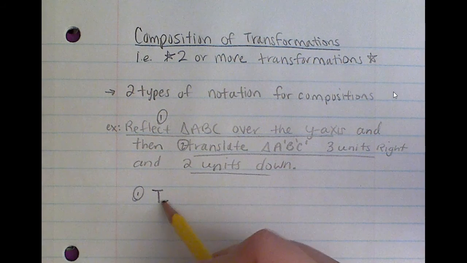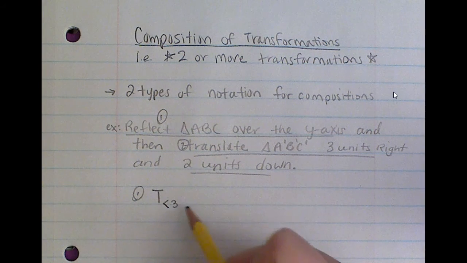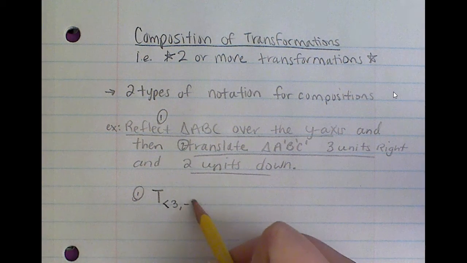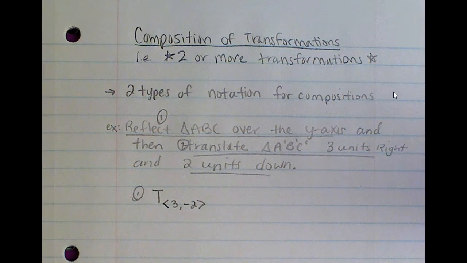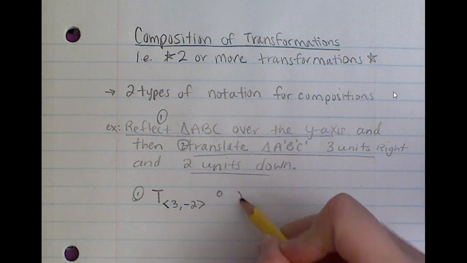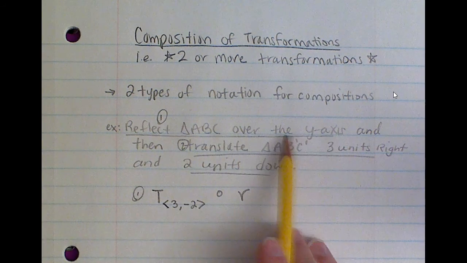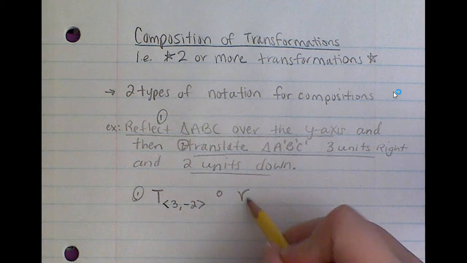I'm going to put my vector. 3 units right is a positive, 2 units down is a negative. So that's the last transformation I'm going to do. Then I put my little circle, and then I can do my notation for the reflection. So reflect over the y-axis,